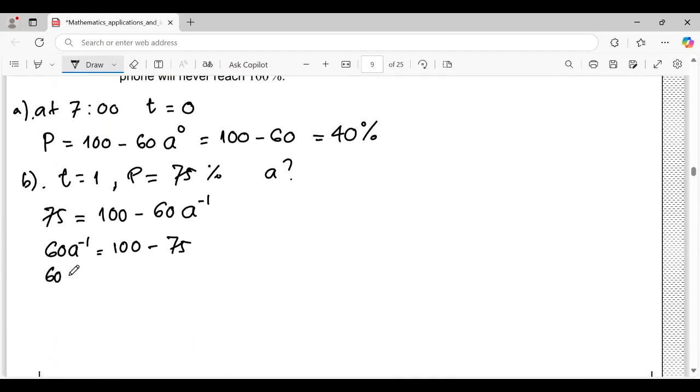So 60 A to the power minus 1 is 25. So A to the power minus 1 is 25 over 60, or A equals 60 over 25. And the result is 2.4. Next,